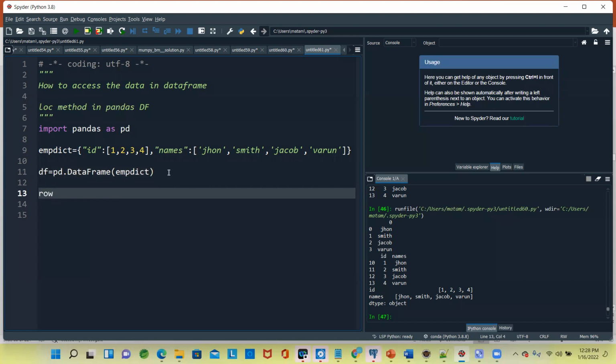Now we will create a row index. Okay, row index is equal to, how many rows do we have? 1 2 3 4, four, right? So we will say r1, row 1.